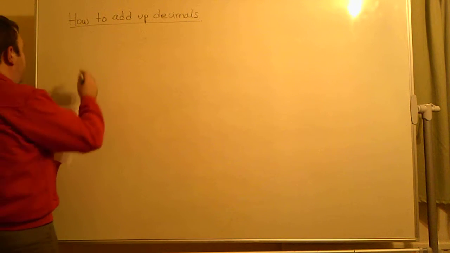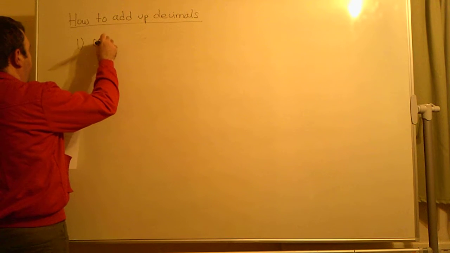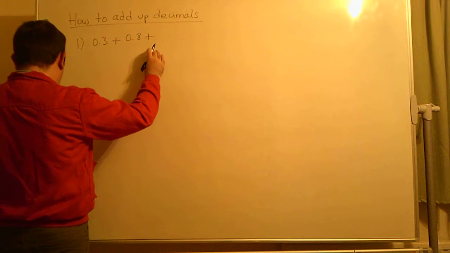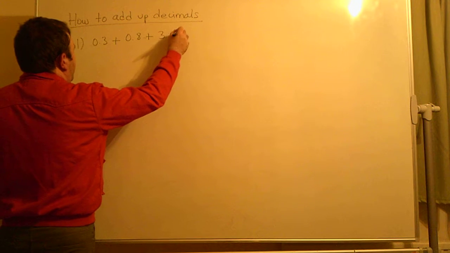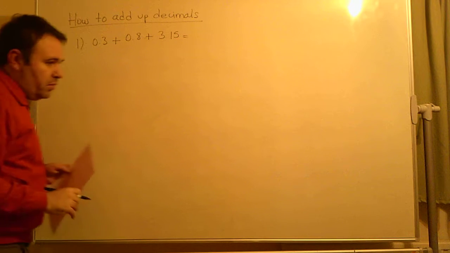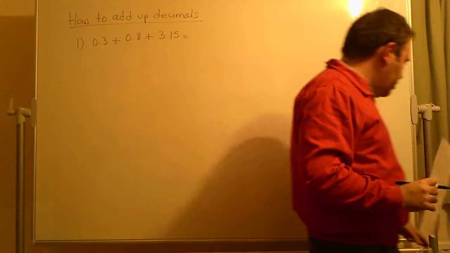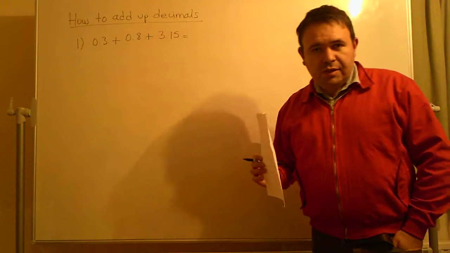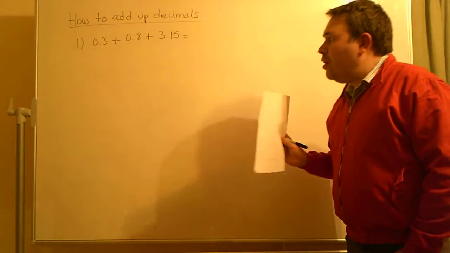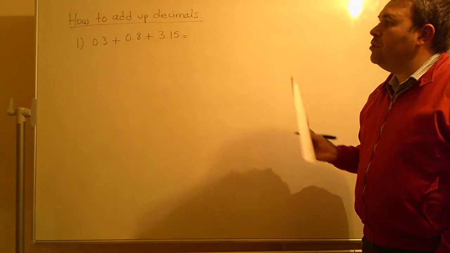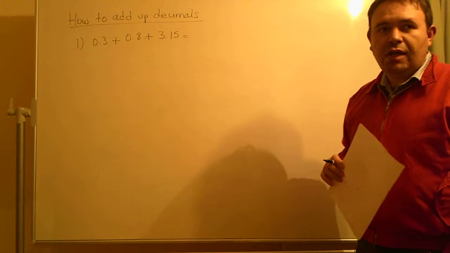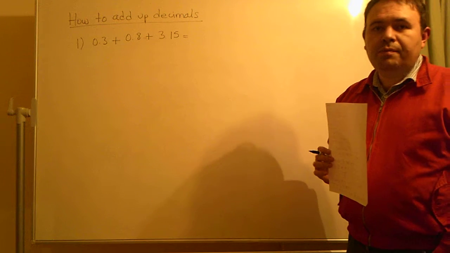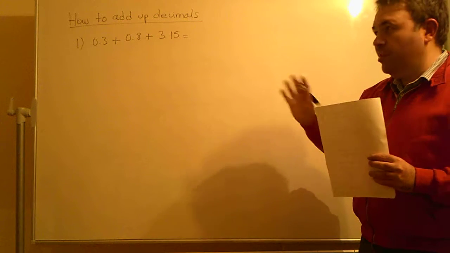So let's say that we have this example, yeah? 0.3 plus 0.8 plus 3.15. Obviously, the easiest way to solve this is to use a calculator, okay? And there are also other ways. But I want to teach you how to do it using fractions, because I really like fractions. Because I think that fractions are like proper maths. I really don't like decimals. So,